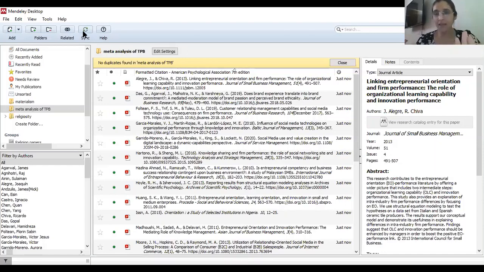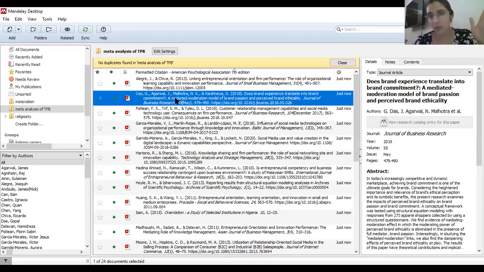And every time you will have to update it. Whenever you add a paper over there, you will have to update it, or else the paper will not show here. For example, Das G, if I'm not wrong, was not showing. Now, when I pressed the sync button, it is showing. From where did it come? It came from the website. So if web importer has been installed, I can start.